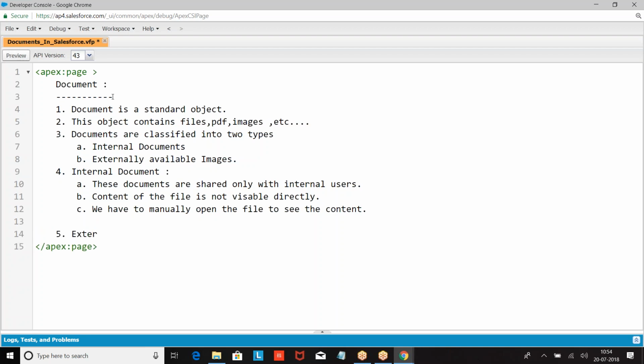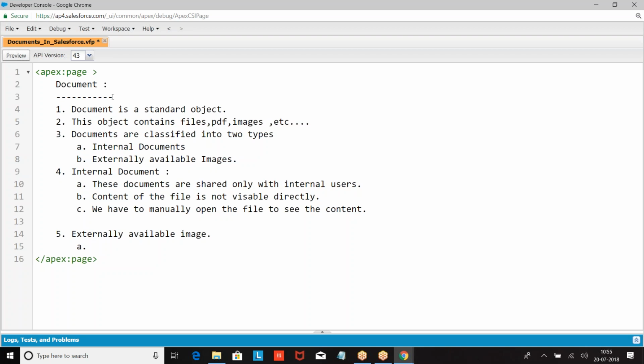Externally available image. What is externally available image? When I say externally available image, content of the file is directly visible to you.